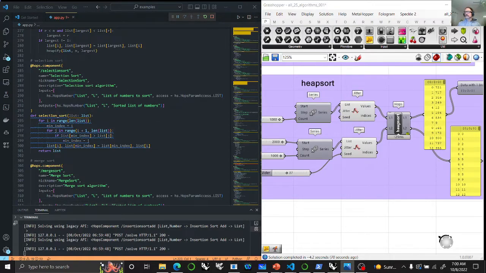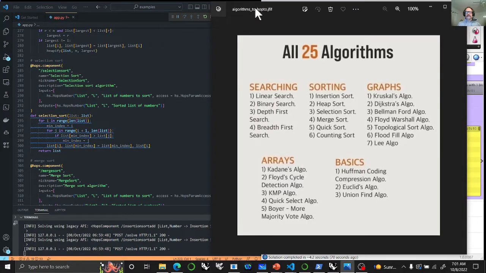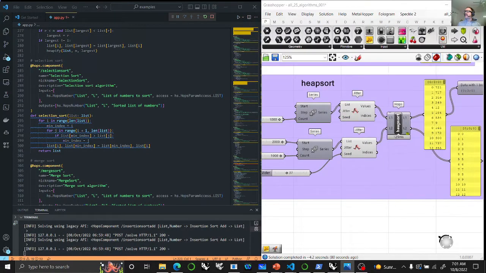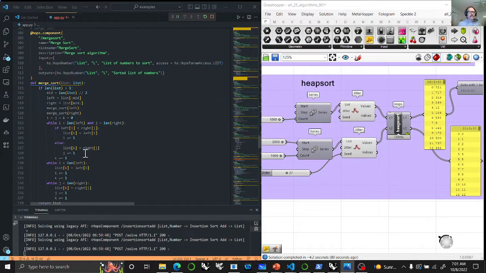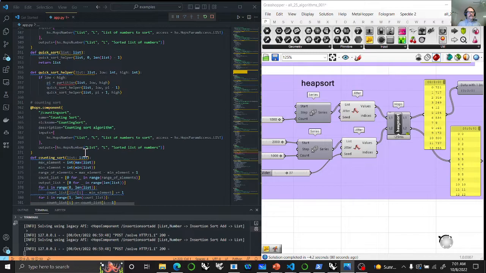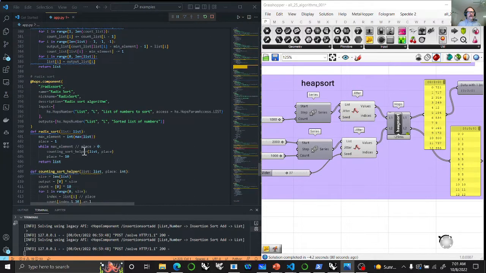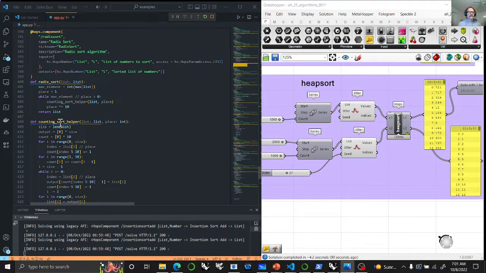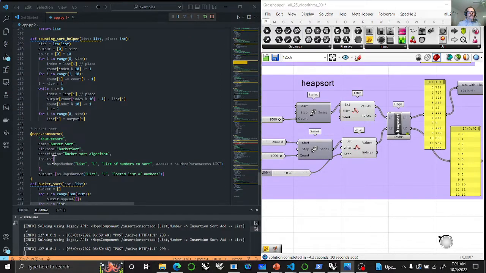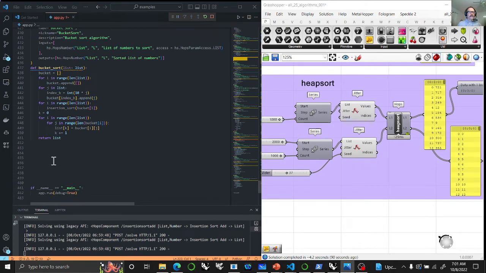Keep in mind that I'm using this kind of guide to look at sorts online, but I'm going to be adding a lot more in the sorting section: insertion sort, heap, selection, merge, quick, counting. And then when I'm done that, because GitHub Copilot is such a fantastic tool, as we load each of these up, you're going to see as I get to the end of quick sort, counting sort, I just did this Radix, R-A-D-I-X sort, and I was interested to see how that worked. And then the other one it gave me was a bucket sort, and then I think it started the cycle